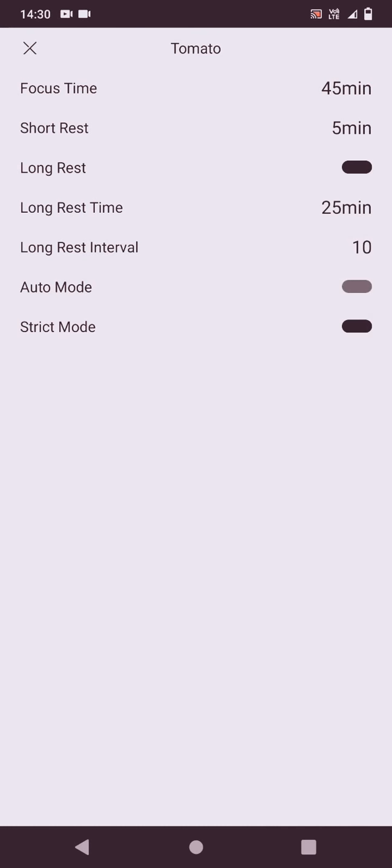Next is auto mode and strict mode. If you want to access this, you can access. I always click on this strict mode because if I'm lazy at doing that particular work which I have written in my to-do list, then it will be strict. It will give options and instructions and notifications for doing the work. So I always enable it. It is your wish whether you want to disable it or enable it.